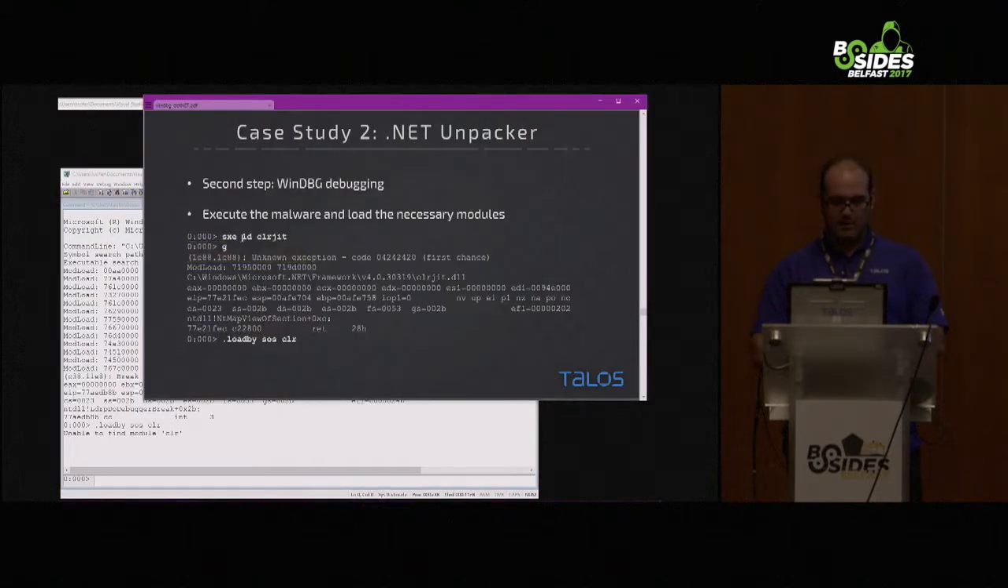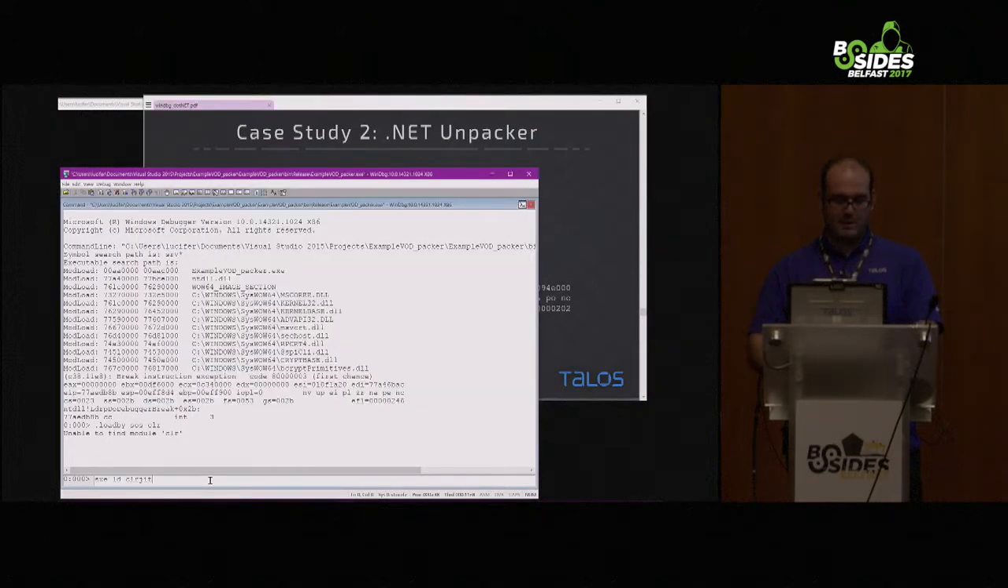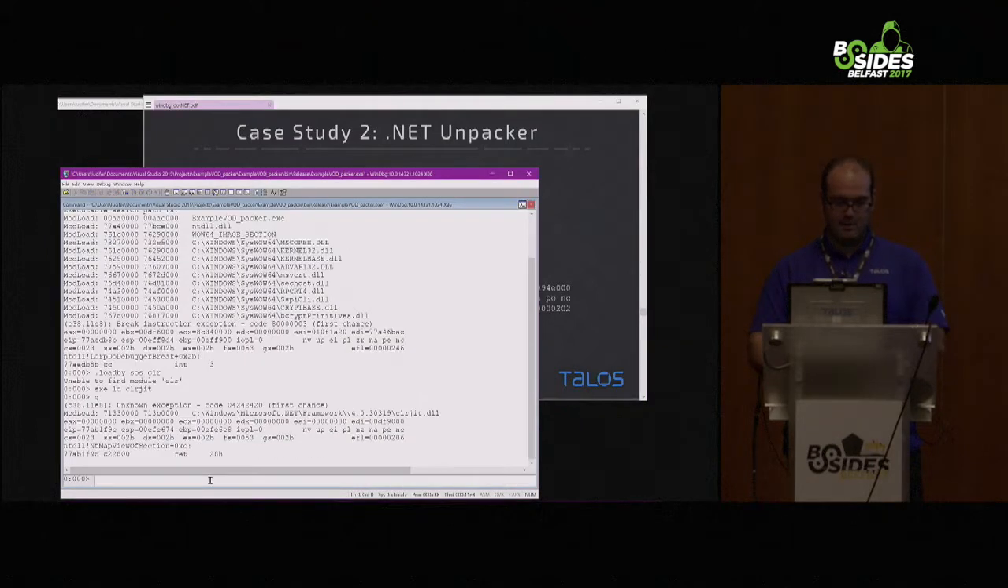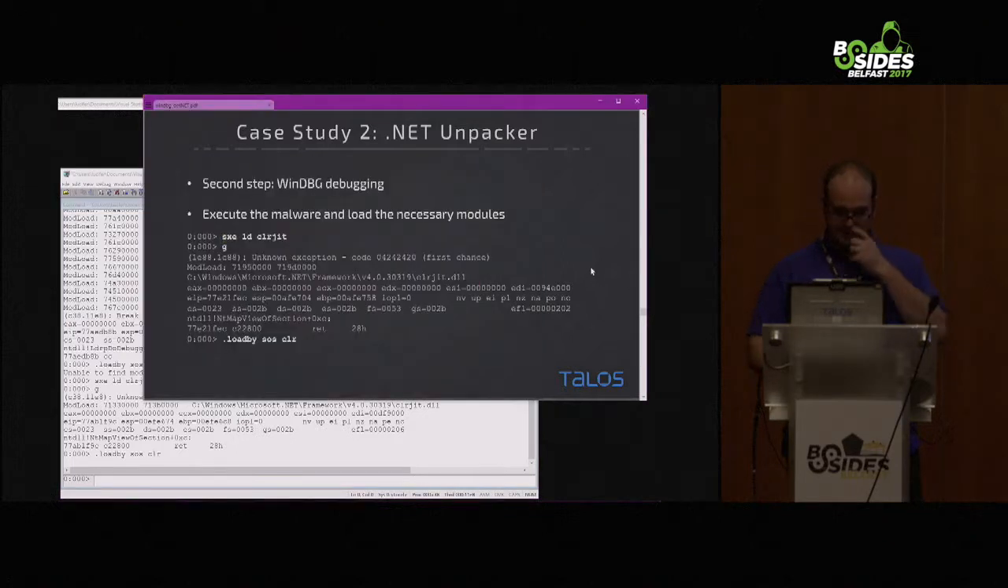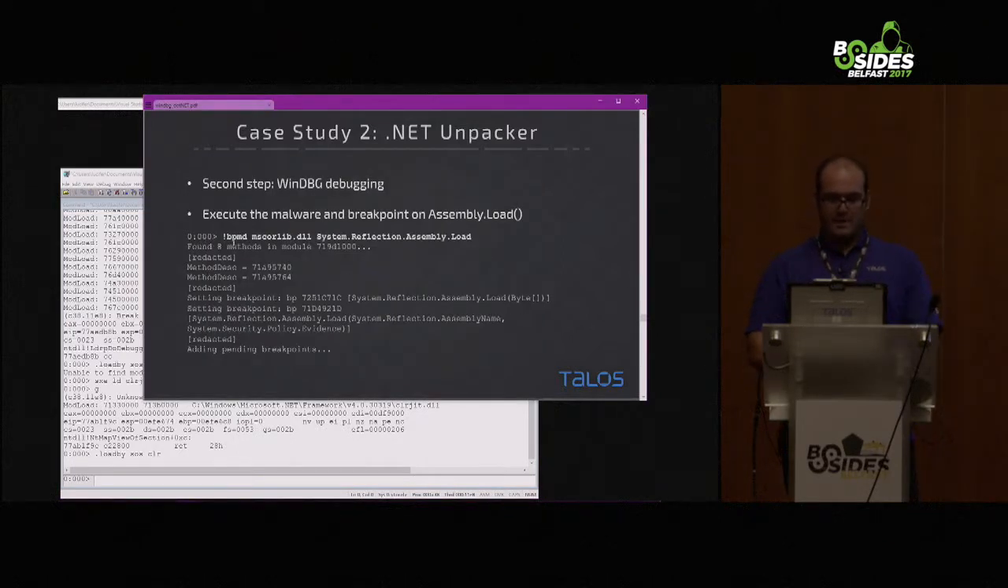So what I do, I simply breakpoint when .NET is loaded first. Yeah, at this time, the .NET framework is loaded inside of my process. And at this time, I'm able to load the SOS extension. It's a simple trick to load the SOS extension. So, same thing as previously, I breakpoint on assembly load